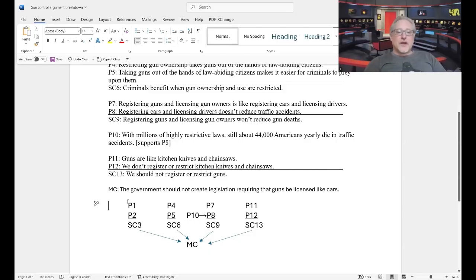The only way that it deviates from one of the examples for the multiple independent subordinate arguments is the addition of P10 here. P10 with an arrow to P8. Is that giving you deja vu? Because it was just a couple of minutes ago that I said the only thing that was not represented by the standard argument form here was that P10 supports P8, and I said, I wish I could draw an arrow from P10 to P8, and I just did that. So there, it's done. Hooray.